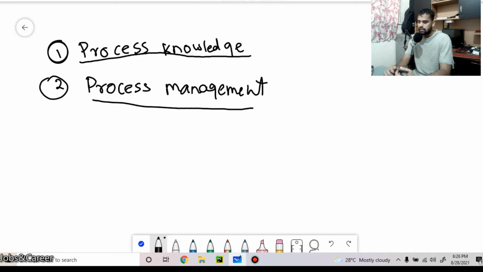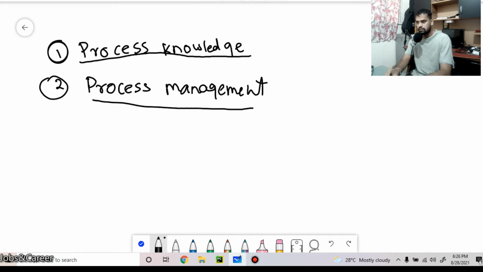Okay, so that kind of things comes under process management. The reason I'm calling it process management is that if you are working somewhere, you know the process of your current job and how things happen, you know the flow, you know what happens in a corporate job. So that's why I'm calling it process management.